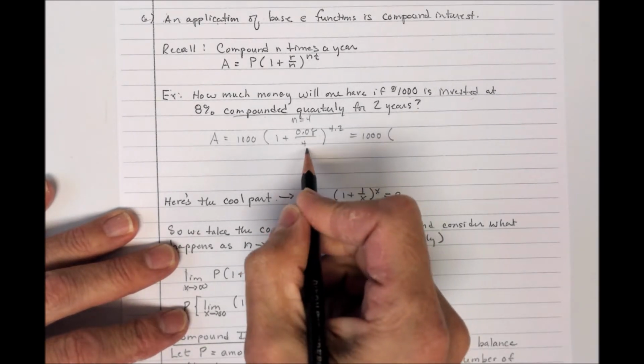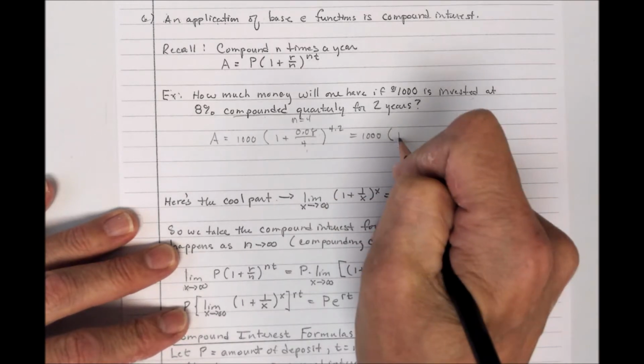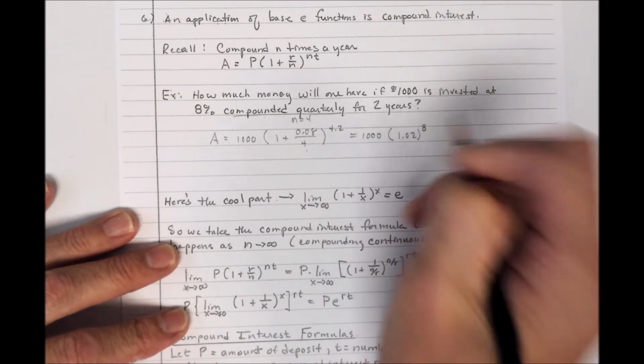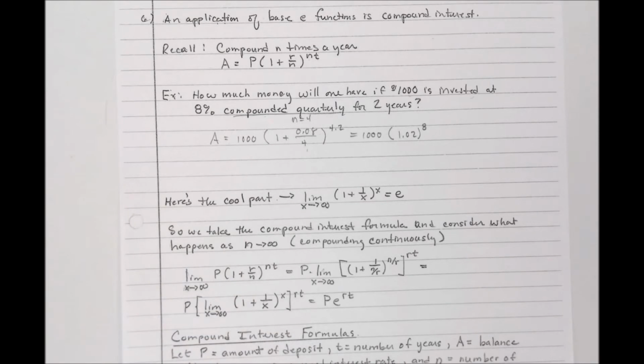0.08 divided by 4 is 0.02, so 1.02 raised to the 8th power. So now I just grab my calculator. Thank heavens for this calculator at times. 1.02 raised to the 8th power times $1,000 is going to give me